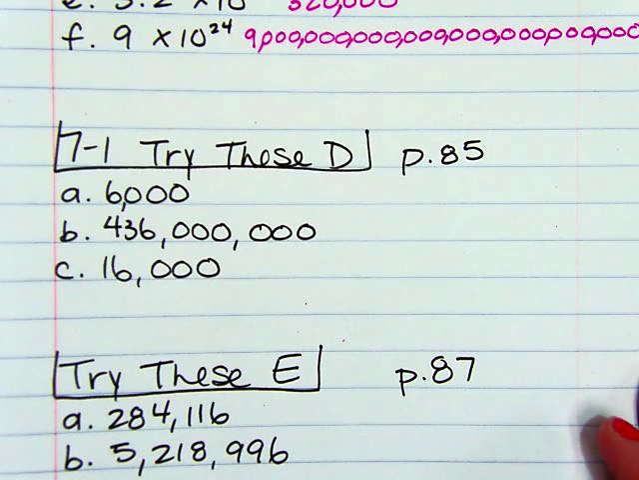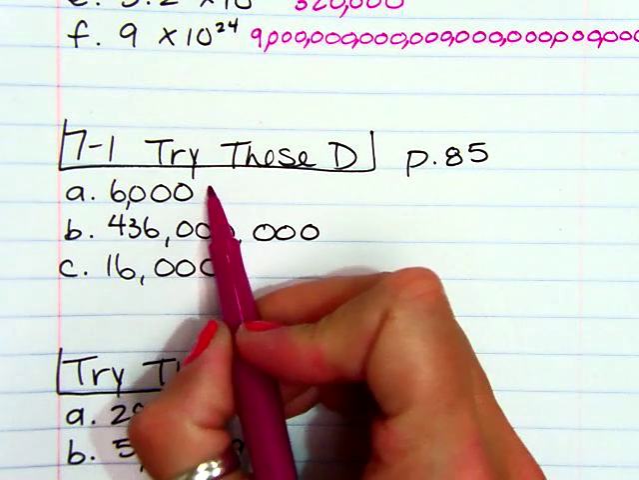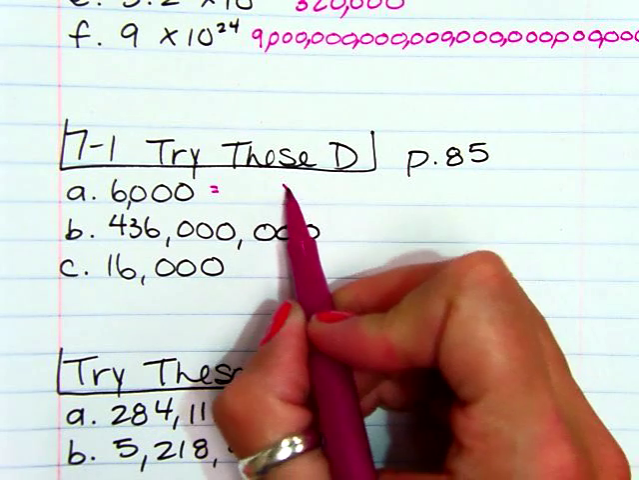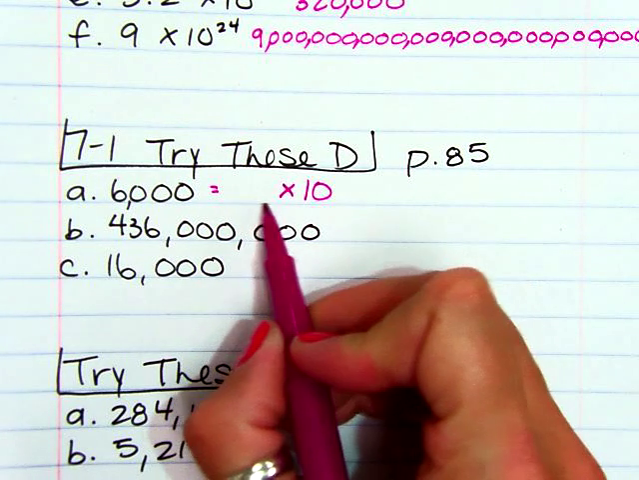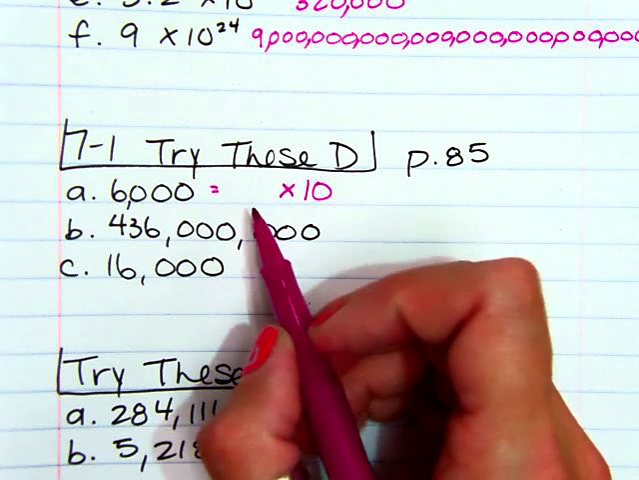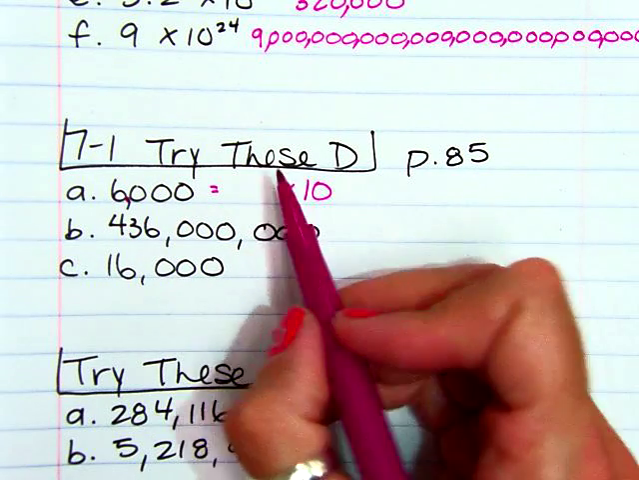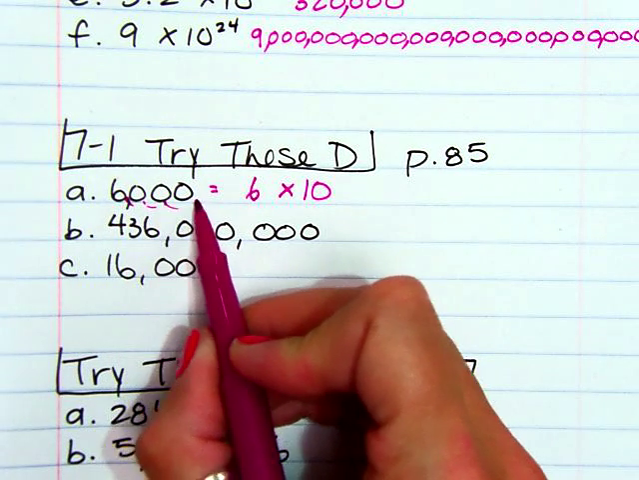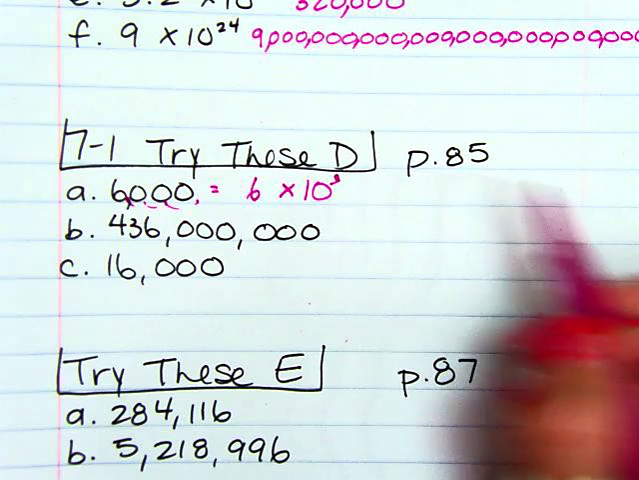Try these D, which is also on page 85 at the bottom, says convert each number from standard form to scientific notation. Work backwards from your answer to check your work. Okay, so I need to write this in scientific notation. So my factor, the first number that's being multiplied by 10 to a power, needs to be between 1 and 10. So I'm going to place my decimal point right after the 6. So that'll give me 6. And it looks like if I move it 1, 2, 3 places,